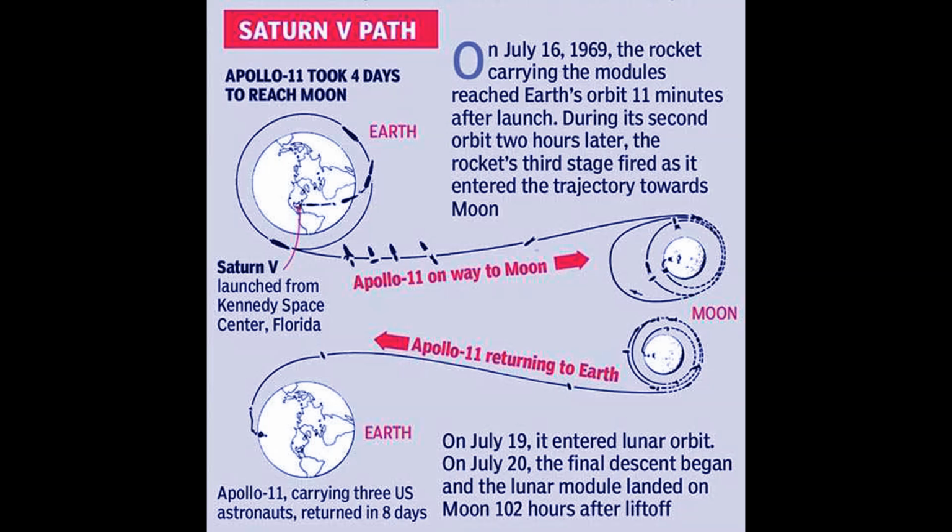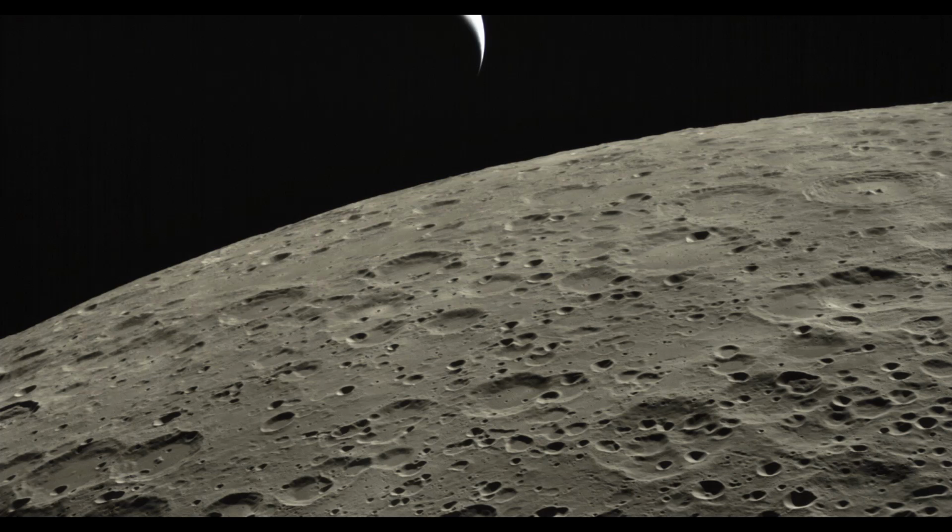the crew capsule. Saturn V's third stage put the modules, command with crew capsule, service, and lunar modules, into the translunar trajectory soon after orbiting Earth. For the second time, the launcher and the lunar craft used powerful engines to reach the Moon, covering 3.8 lakh km